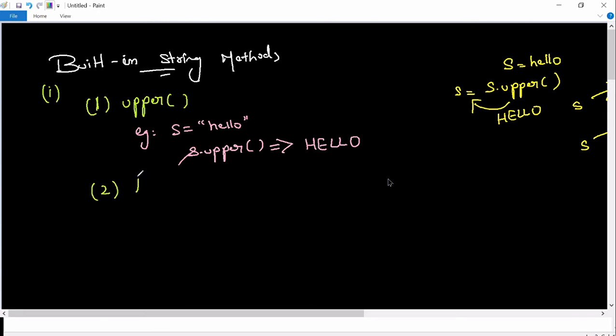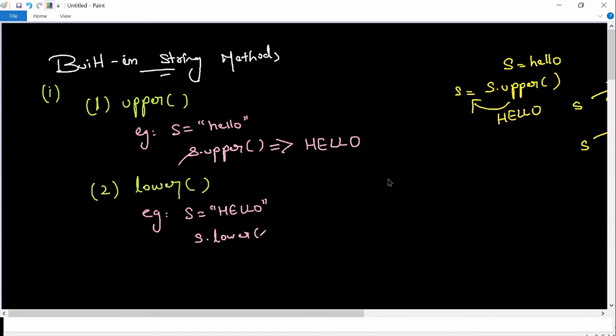Now you see, we do have a method called lower. Like we have an upper method, we have a lower method as well. What it simply does is it converts the capital letters to small letters. Opposite, right? Suppose you have Hello with a capital letter. And remember, if they are already small, hello, and you apply lower, it will not give an error, guys. It simply returns the same string. First it will check whether they are in lowercase or not. If it is, it will not convert.